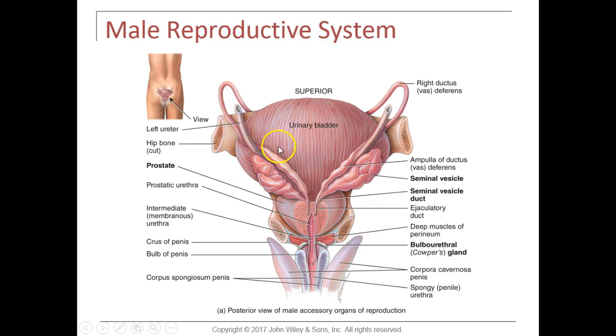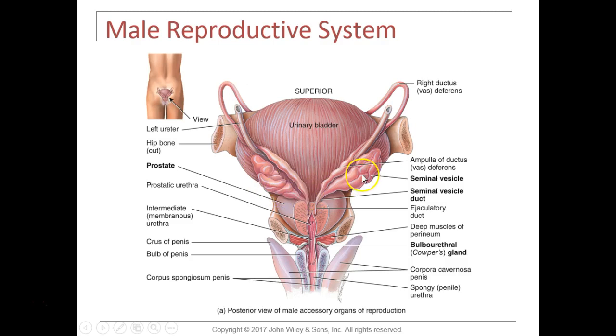So here is the vas deferens. It's coming in. This comes up through the spermatic cord and then enters the body. It courses over the ureter. This comes from the kidney, which carries urine down to the urinary bladder. So that vas deferens then opens up to an area called an ampulla. That's an enlarged area. And the sperm cells travel through the ampulla, and the ampulla is joined by a duct